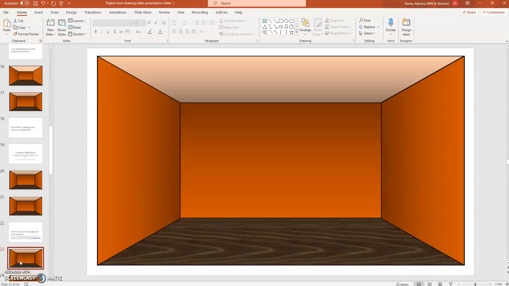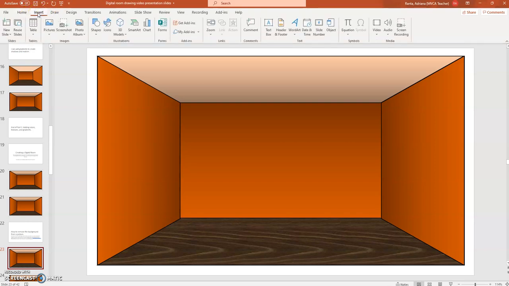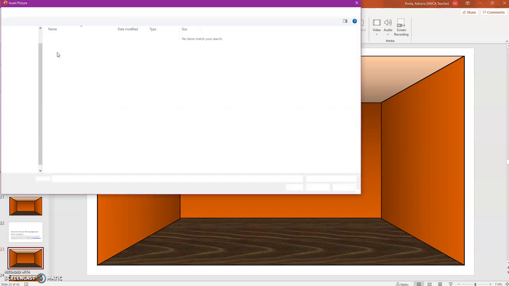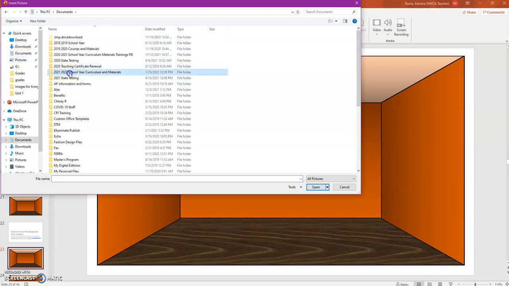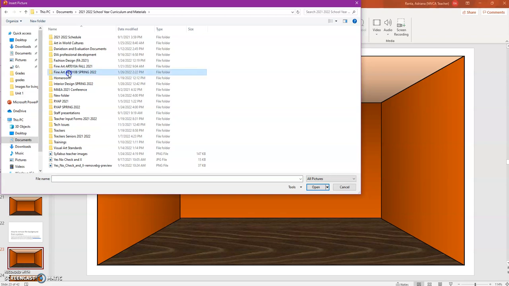So here is my duplicated room, and I can now go up to Insert, and from the Insert menu I want to go to Pictures, and I want to choose this device, and it has put up my insert picture. I need to go to my documents. I need to go to the right folder,